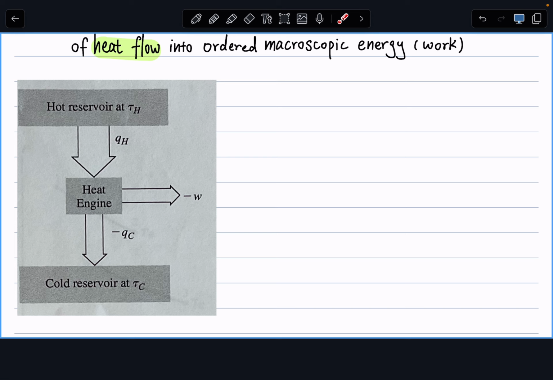So this is one cycle of a particular specific heat engine. We can imagine on the top, we have a hot reservoir at a higher temperature. That's subscript H, Th, meaning it's at higher temperature, like a hot tank of water. And on the bottom, we have a cold reservoir at a lower temperature, Tc. Now, in the process of transferring heat, we can imagine the hot reservoir transfers heat into a heat engine. And in this process, we have a QH. Right, so that's the amount of heat absorbed